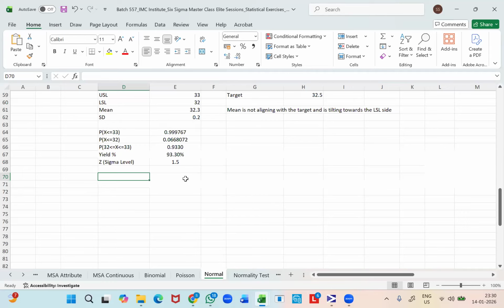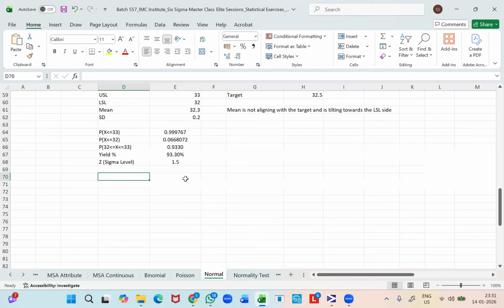So the target value will be 120/80. Only if the average measurement value is 120/80, the person will be considered healthy, right? Even if it deviates from the target value of 120/80, either on the left hand side or on the right hand side, you can see the performance deteriorating. In the same way, even for any other measurement dimension metric, which would fall under nominal the better kind of category,